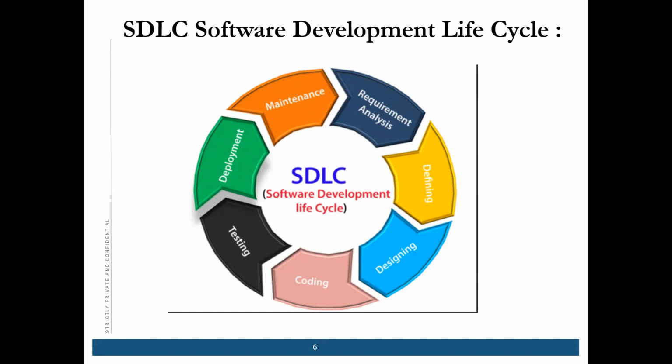Once the QA, that is the quality analyst, makes sure that the software is error free, it goes to the next stage, which is called deployment. Deployment, or implementation of the project, and the outcome of this stage is the quality product. After deployment, we do maintenance, because 100% testing is not possible. We cannot do 100% testing.